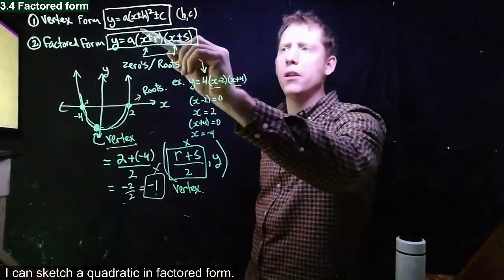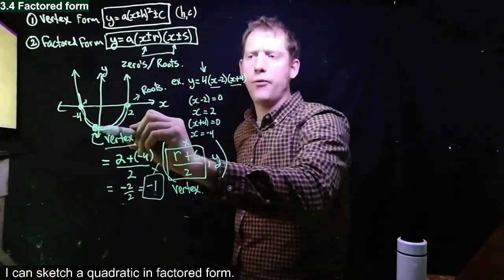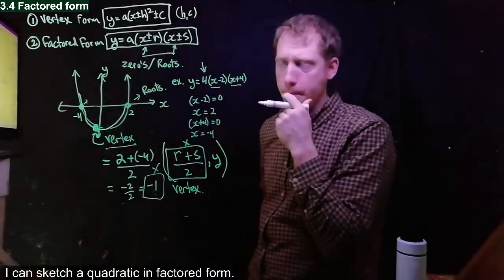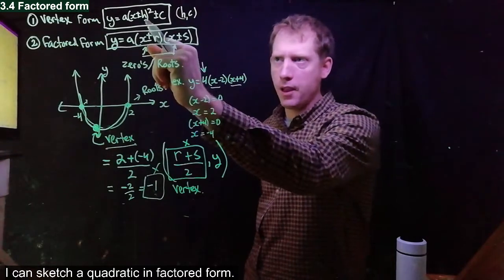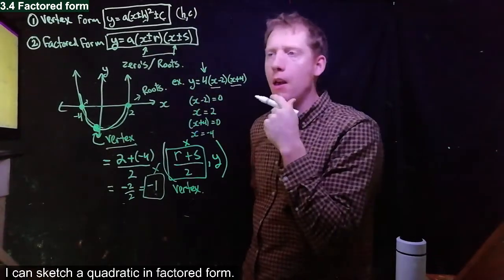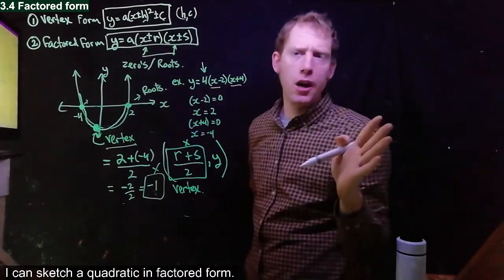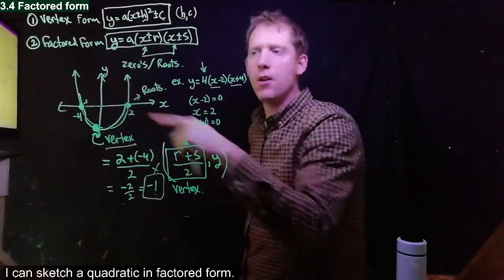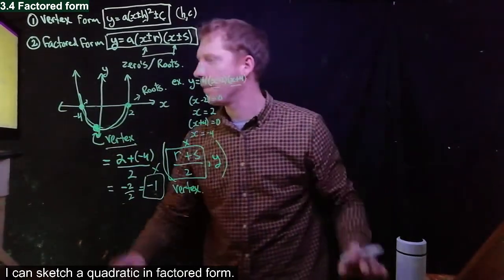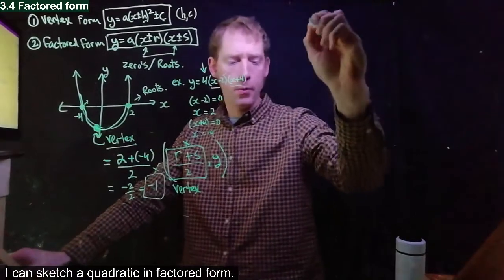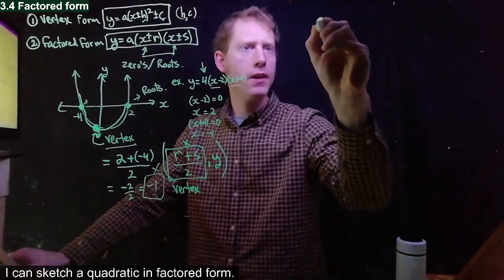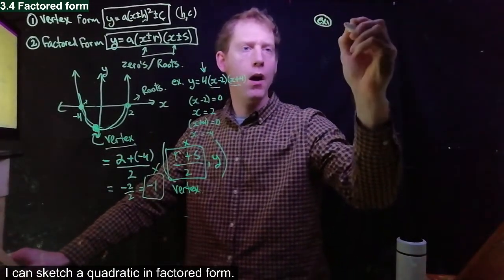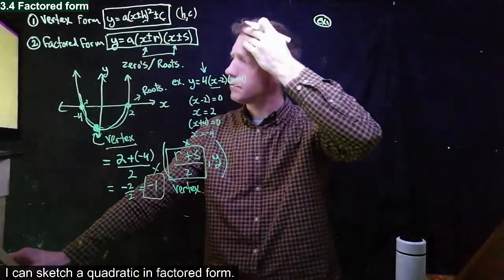This equation in vertex form is good for finding the minimum or maximum. Okay, you can find it from the number in the bracket and the c. Factored form is good if I want to find out the zeros. Example number 1. I want you to